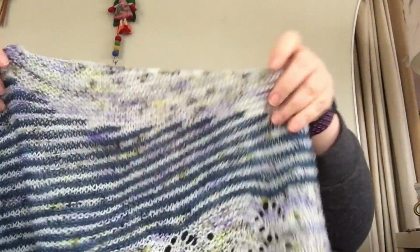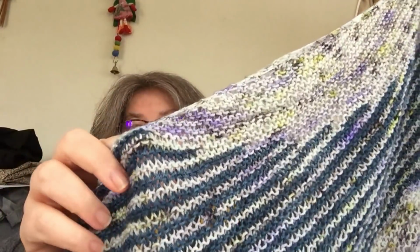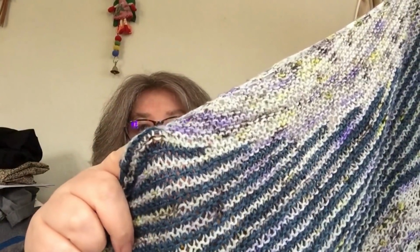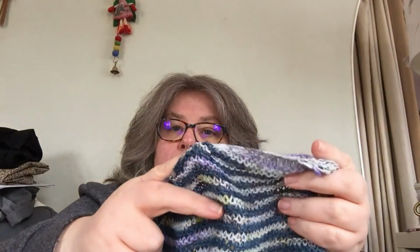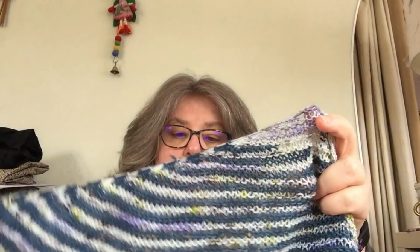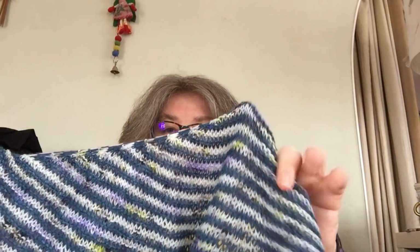And then you start here and do this little section, and then you start striping in the other colour. This is Dye 4 Yarn, as in D-Y-E 4 yarn, and it's a merino silk mix. The colourway was Fading Stormy Night, and I got that from Loop in London, which I think